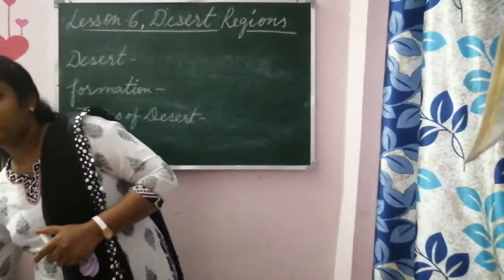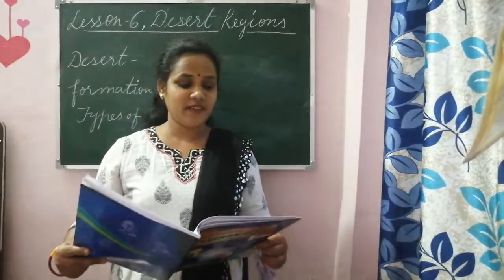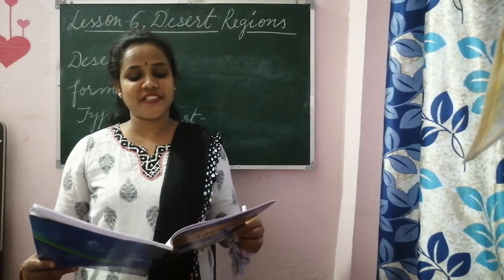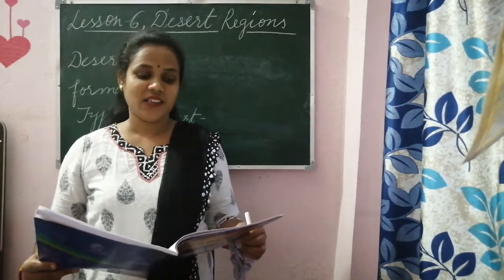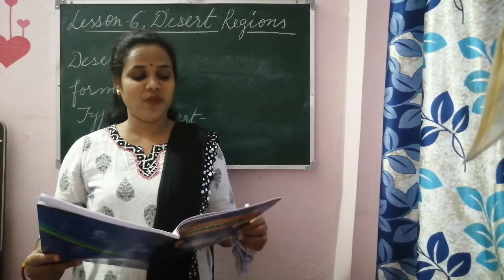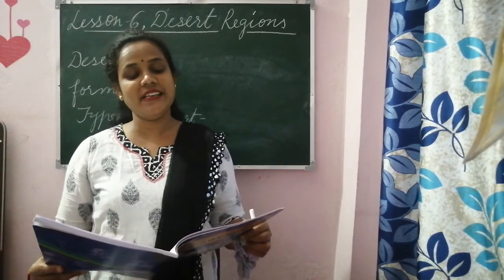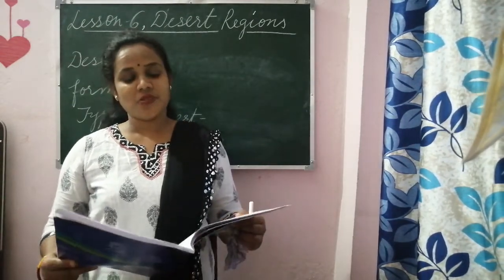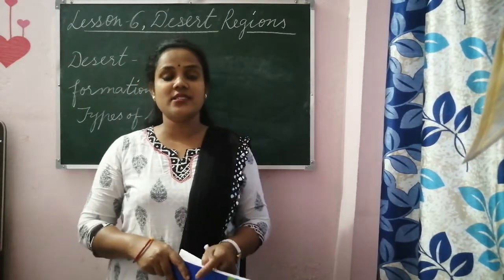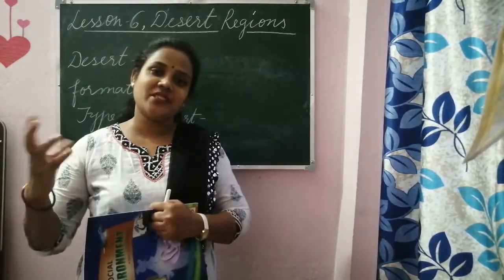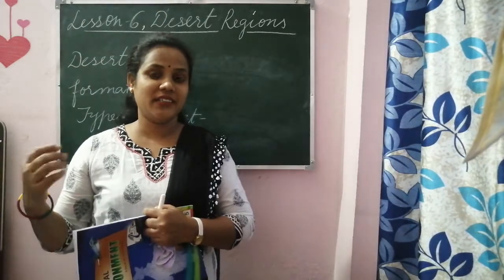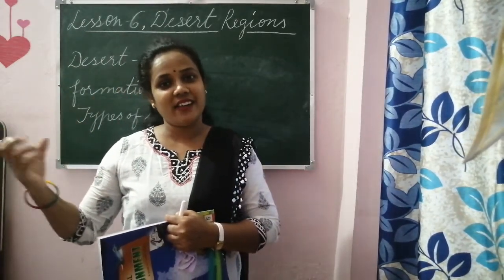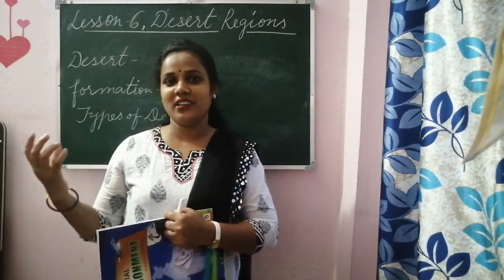In the first paragraph, it is written in the first line: the remaining 1/3 of the earth's surface is exposed as dry land for us to live on, and 1/3 of that dry land is really dry and comes under desert. So what is a desert? When you think of a desert, the picture of sand comes to mind, the Registan, or maybe Rajasthan.